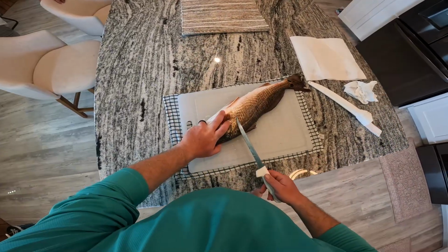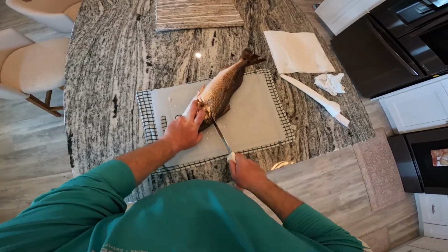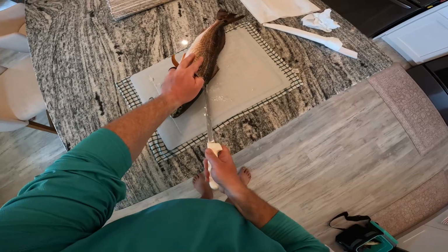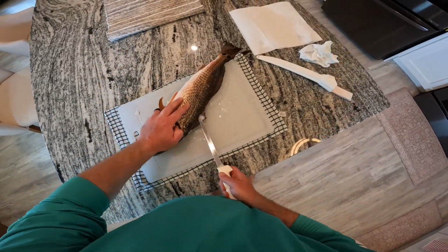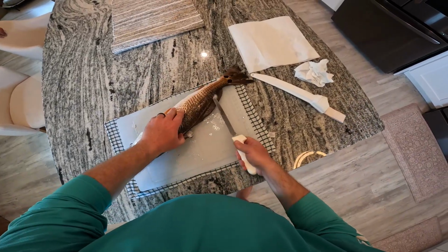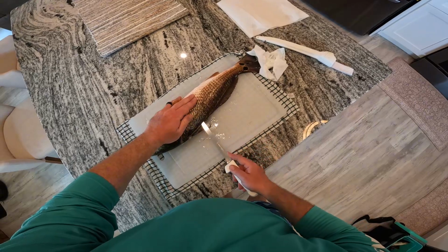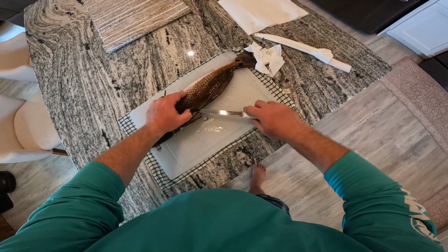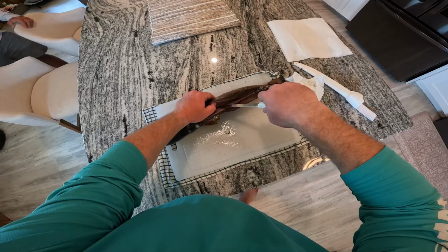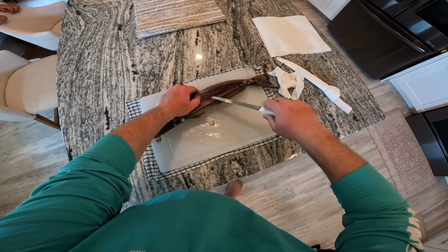Let's get started. So we're gonna come in under these scales best we can. Make one cut up towards the head right here and get up underneath the scale. Go down the back of this fish, trying to make the smallest insert all the way down. And then from there, we can just keep that knife flush with those bones on the back. When you get to the backbone, you angle your knife down, run down the bones on the other side of it,